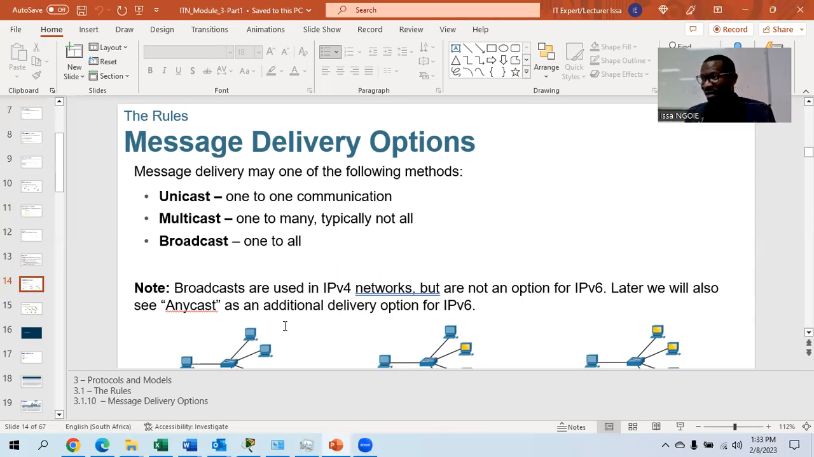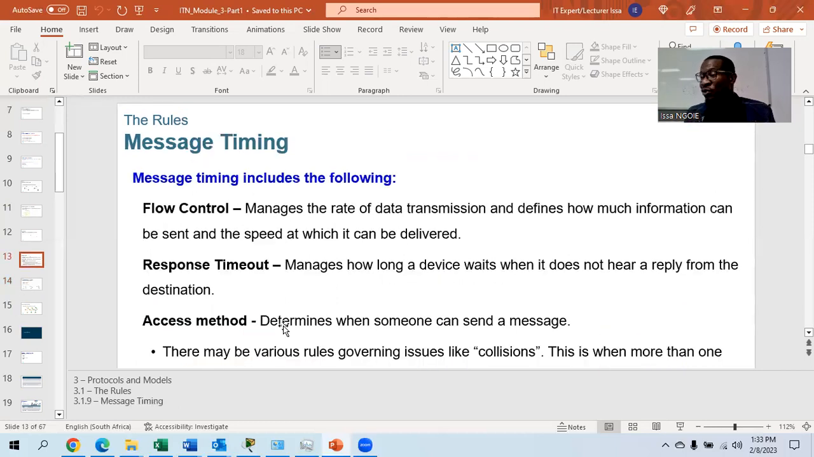We call it broadcast. And so if I want to go back again, I told you about flow control, checking how much information can be sent and the speed between your computers. Response time out: how long I have to wait before sending a reply. And access method, right? It's when your protocol checks which device is allowed to send a message, because everybody cannot send at the same time. So just to summarize,